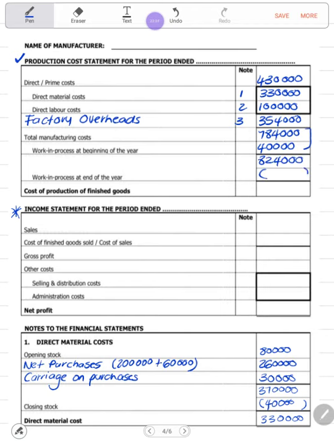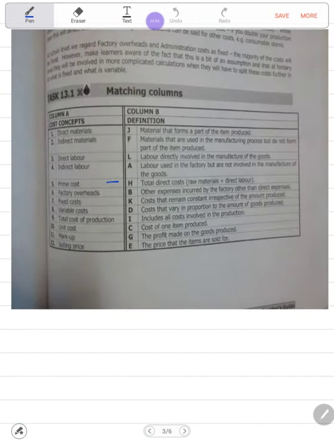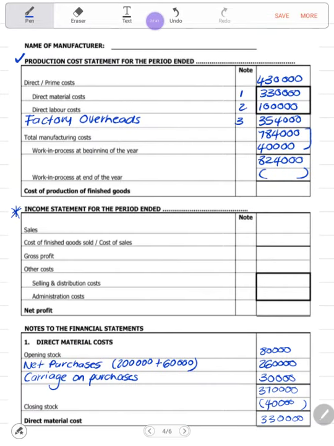And you will always subtract the work in progress at the end of the year, because unfortunately that is not finished goods as yet. They're still working on it. So subtract the 44,000. You're subtracting that 44,000 in order to get the cost of production of finished goods, which will equal